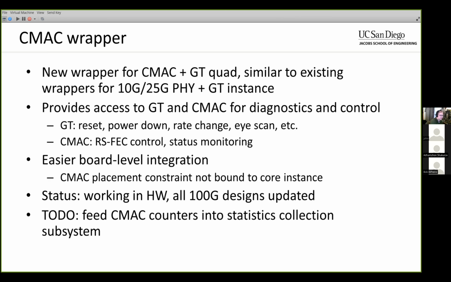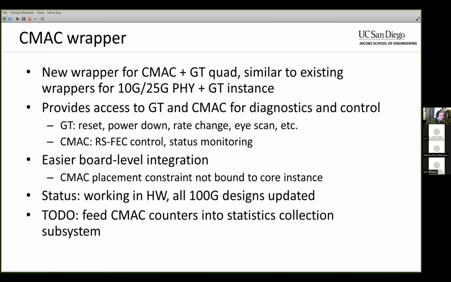There were a number of things I had to figure out in terms of turning off CMAC placement constraints that are automatically generated in the cores, and a couple other things. I thought I might be able to get away without CMAC placement constraints at all, but it turns out you get some warnings from Vivado if you don't set those to specific locations. So I went ahead and added the placement constraints to the existing placement XDC files that I have. But that's not really a big deal. The main thing is to make sure that you actually have a different placement constraint for each CMAC instance without having to have a bunch of different CMAC cores, if you know what I mean.